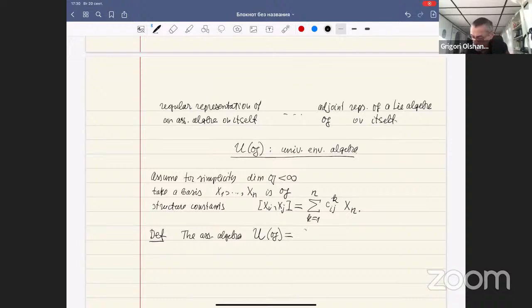We take first the free algebra with n generators, and we take the quotient over the relations